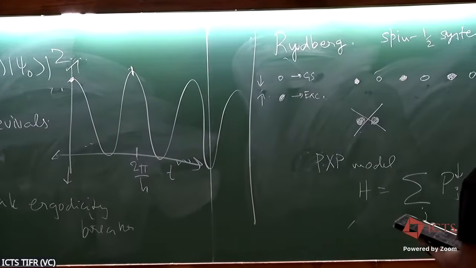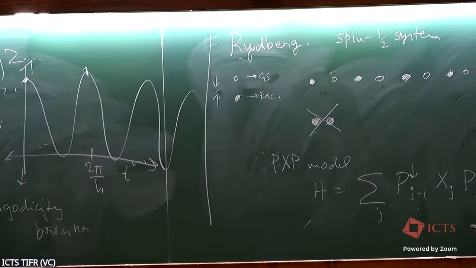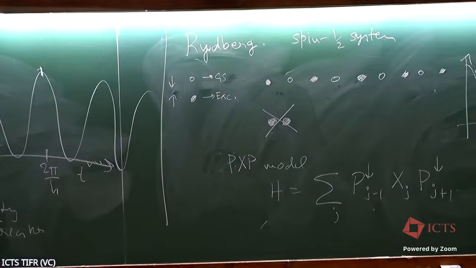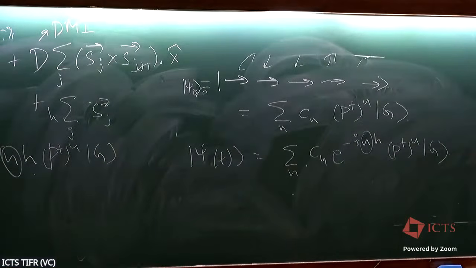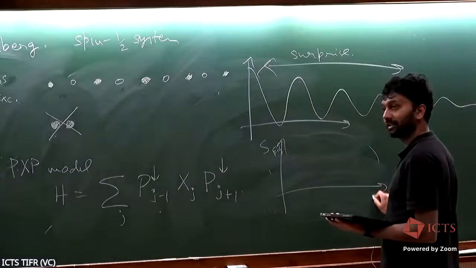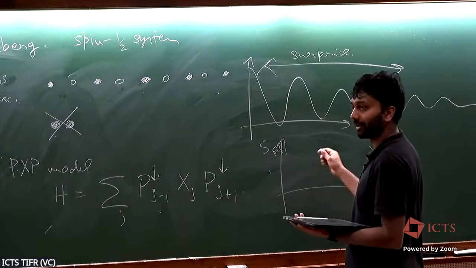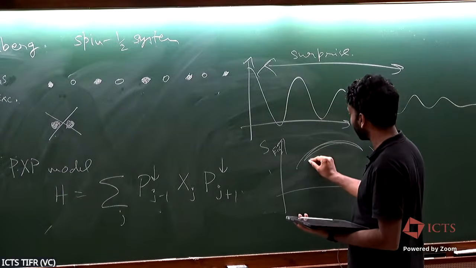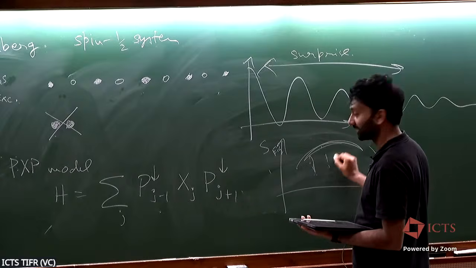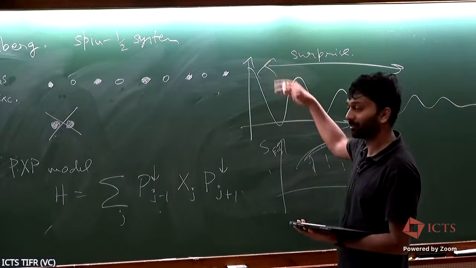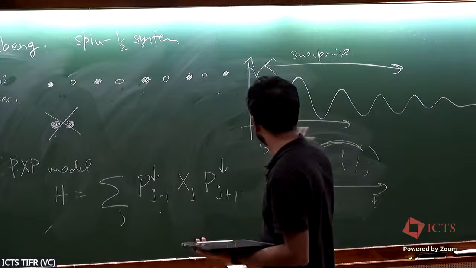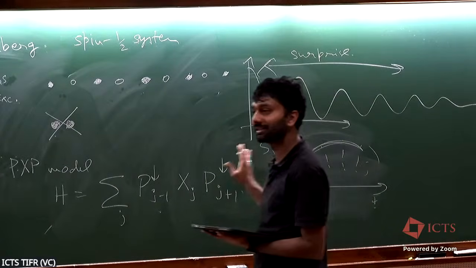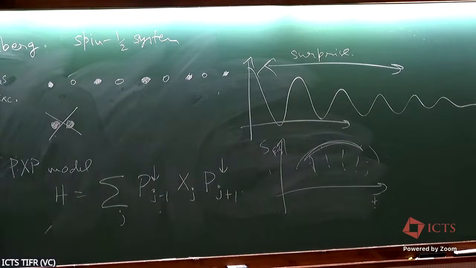Yeah, so if you do numerics on this, what you find is that you can plot the entanglement of eigenstates versus energy. So I said that most eigenstates should have volume law, which is true, but then there are a few outliers which seem to be contributing to these oscillations. And why these things are occurring has still not been completely understood.